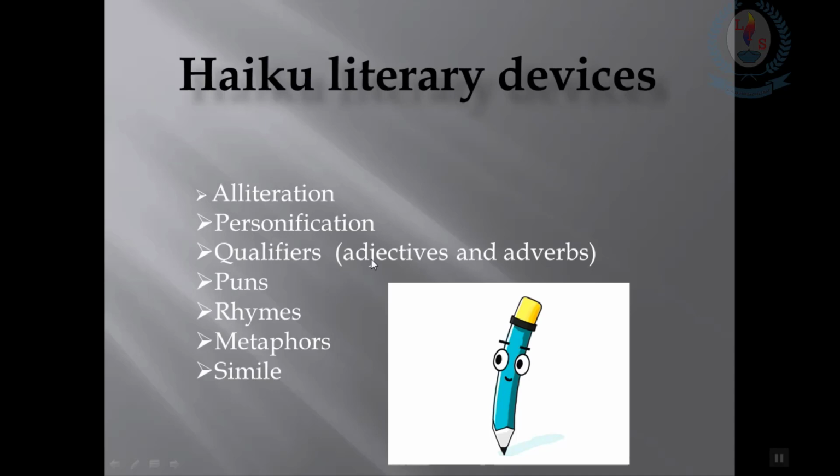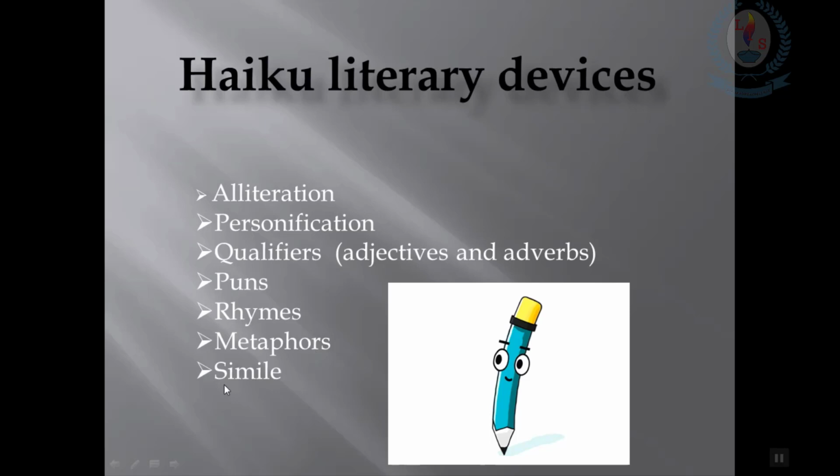There are two types of rhymes, that means a rhyming scheme that we take as an A, B pattern, and also rhyming words. So we can categorize all of these as rhymes. But haiku poems do not contain a rhyming scheme. Then we move on to metaphors. What are metaphors? A metaphor is when a thing is spoken of as being something which it only resembles. It is compared to another.